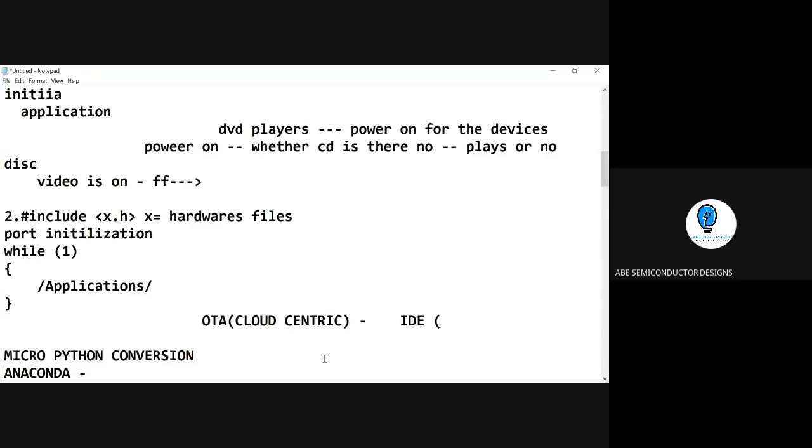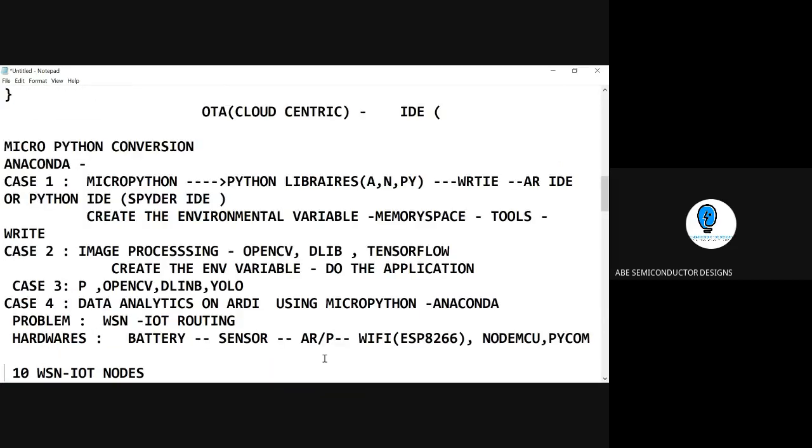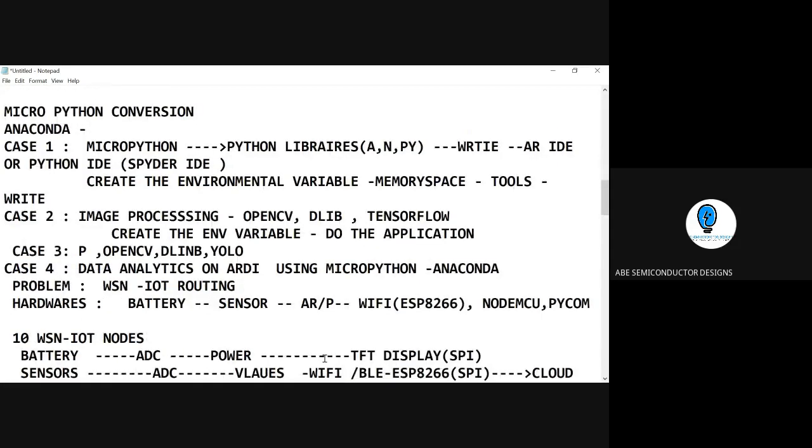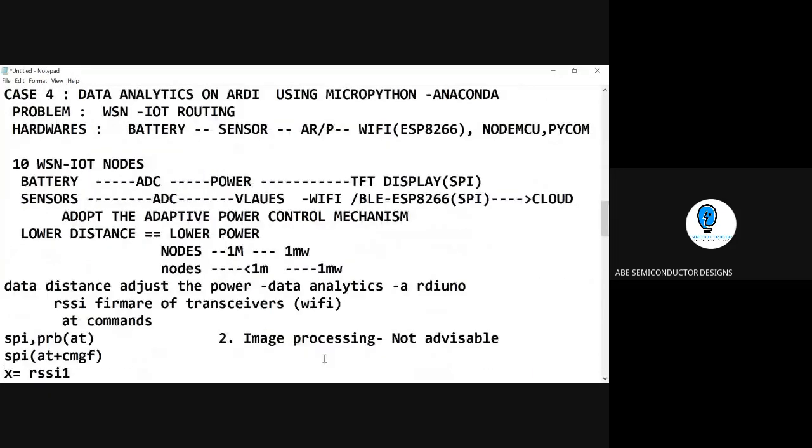We have used Firmata, and another tool, the Anaconda tool, which is going to be utilized for programming the Arduino that we have installed with the environment variable, PyFirmata, and we saw some simple code, LED blinking, and a simple project on why the Arduino should be utilized for that. Other than LED blinking and ADC display, you can utilize an Arduino as an adaptive power controller. So you can design GSM-based IoT devices for transmission and checking your routing and everything.